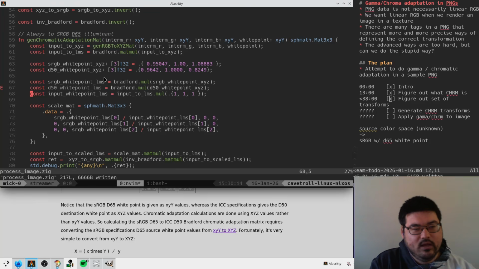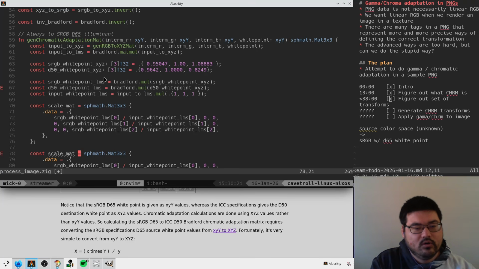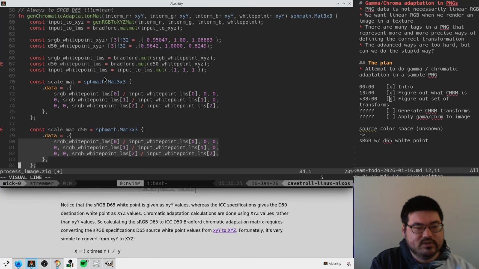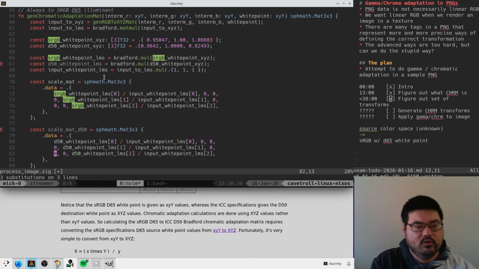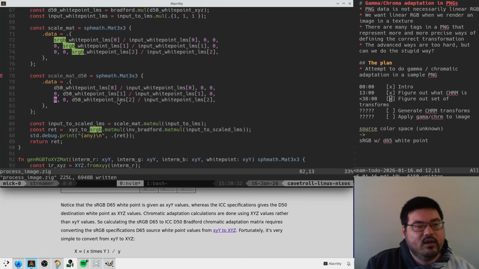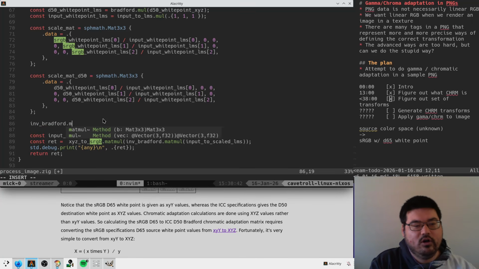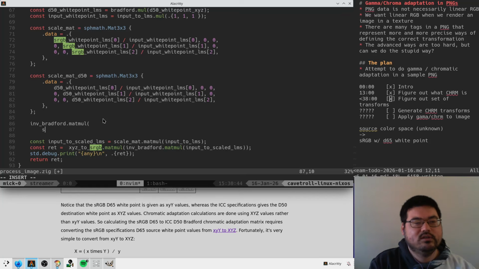And then can we apply a scale mat with D50? And then we should have everywhere that says sRGB here. We have this. And then we want to print out the Bradford matmul with scale mat D50 matmuled with